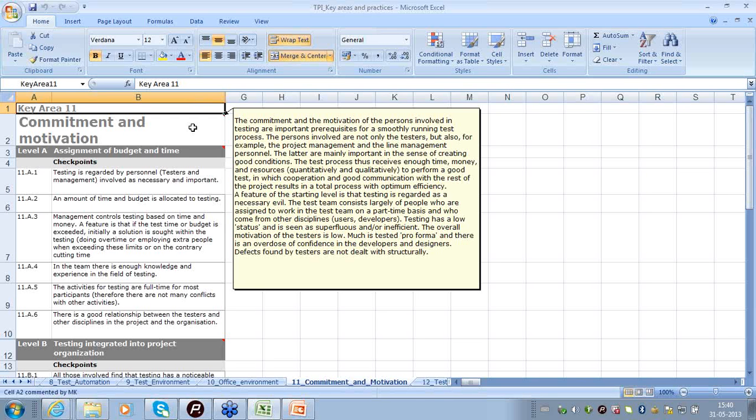So the model here relates these soft aspects to the overall quality of the testing process. It says that one has to take care of these soft aspects also, since it has a direct impact on the overall quality of the testing process.